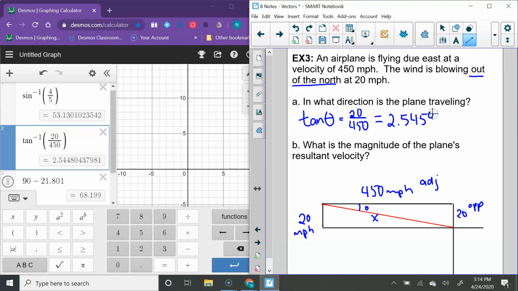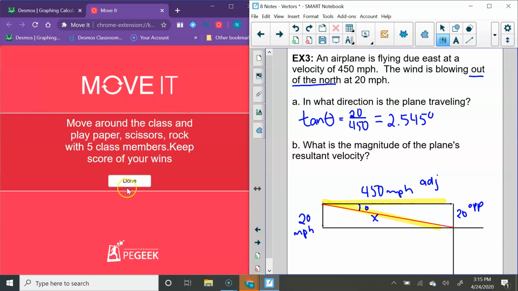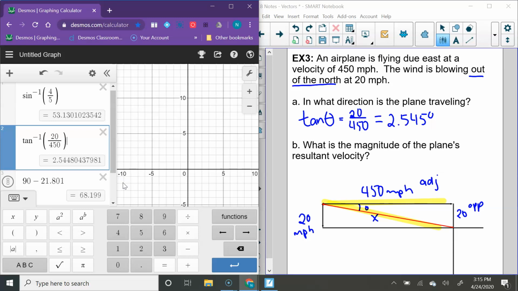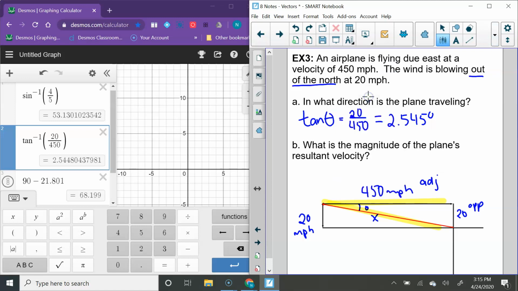2.545 degrees. Now, we need to put a direction with this because it's 2.545 degrees from what? And so the main direction, if you look at your angle, this angle that we have marked, it actually touches the east. And then it's going below the east, so it's south of east right here. So whichever one it's actually touching, the side that it actually touches, because right here would be east, over here would be south, we would say